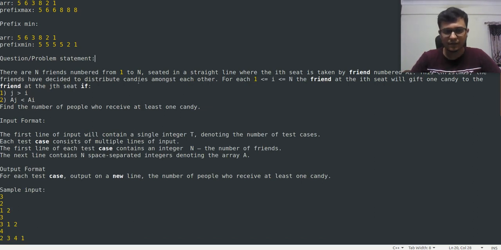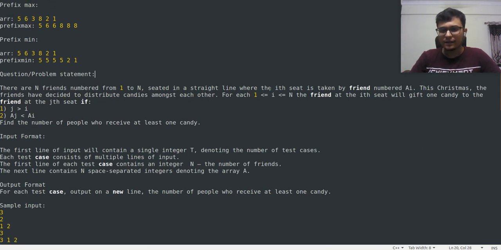There are n friends, numbered from 1 to n, and all of them are sitting in a straight line, and the ith seat is taken by the friend number ai. So each friend has some index i, and they also have some number which is ai. There is this Christmas event happening, and each friend decides to distribute candy amongst each other, provided that there is some constraint that they have added in the way in which they can distribute the candy. So for each i going from 1 to n,